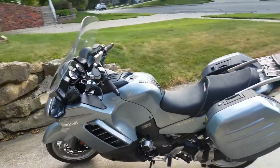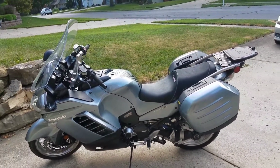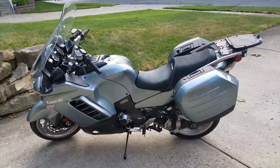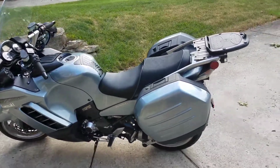Okay, today I'm going to be showing you my 2008 Kawasaki Concours 14. Bike's in very good shape. I don't guess I'd say excellent. The bike does have